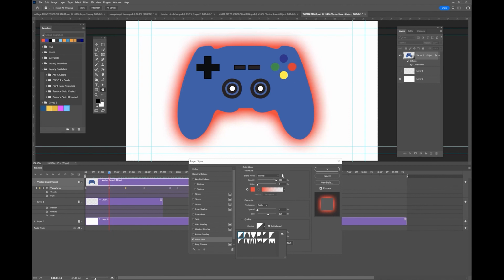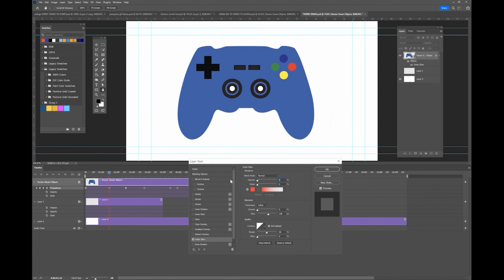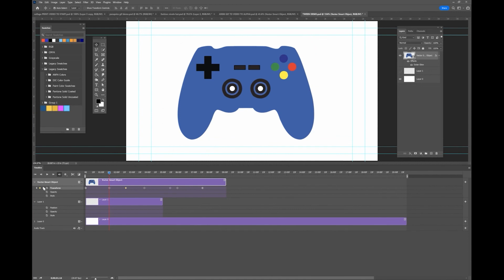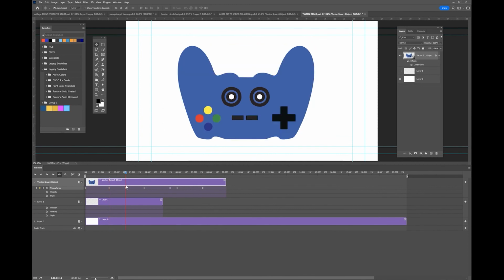I'm happy with the glow, but I don't want it to appear on this first frame. So therefore, I'm going to turn it to 0. I don't want this frame to be the glow, but I have to establish it first and put it to the 0 transparency. Now I will jump to the next frame. Whoops, I have to say okay. Jump to the next frame here, and then double click up in the layer,